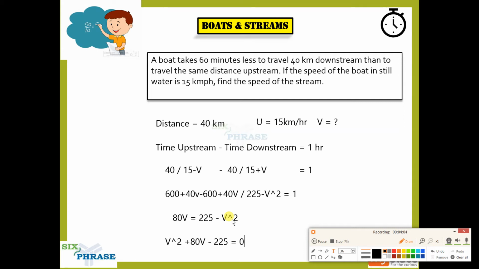So what could be the possible answers here, guys, for v? The possible values for the v could be... so yeah, if you solve it, you will get 2.72, guys. Okay, that will be the answer. If you solve the quadratic equation, you will get 2.72 kilometers per hour as the answer. Okay, this is b. So try solving it.